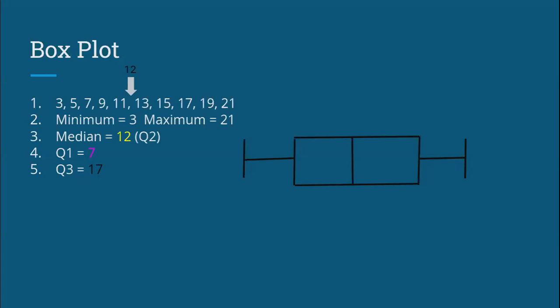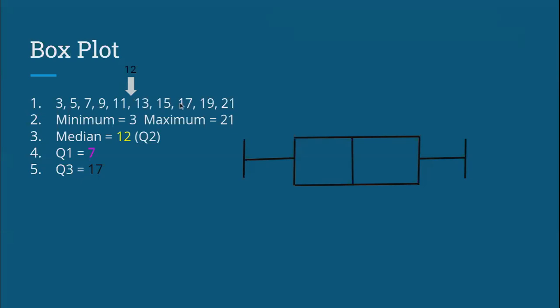12 is not a member of the data set. However, because 12 is the median, you need to indicate that 12 is the median, because now look at the data. It's split 5 and 5. Okay? So on your papers,